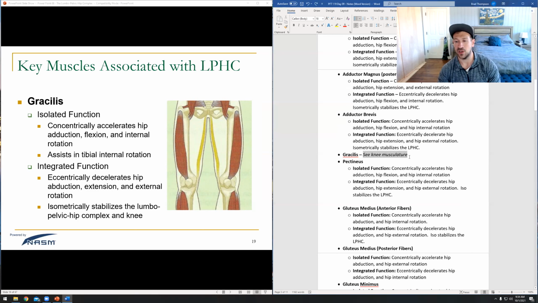You'll notice I didn't put the full notes in here, but I did list the muscle. So it says, check your notes from yesterday if you want the full definition. But again, it's attached on the inside, so it's going to accelerate hip adduction. It does slightly grab in the front, so a little bit of hip flexion there and a little bit of hip internal rotation. So the gracilis is doing all the same stuff that the adductor complex did. But its integrative function is that it's going to do a little bit of that tibial internal rotation,